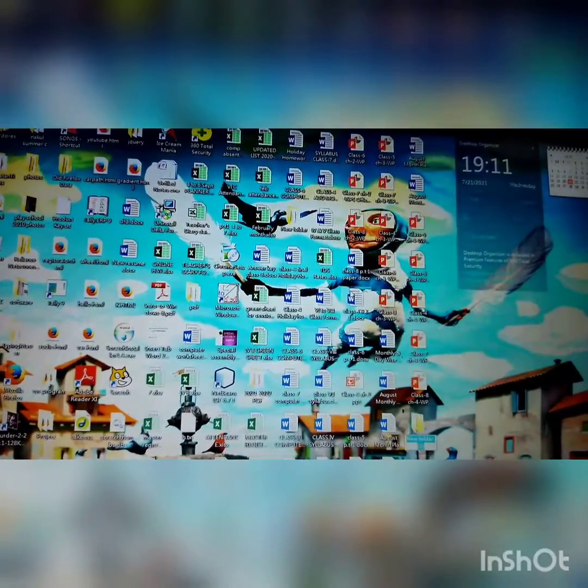So just click it. So you can see this is a folder, okay, and you can write any name. So I'm going to write any name, like Book. So you can see this has just created a folder in your system. So this is very easy, how to create a folder in a system, Windows 7.